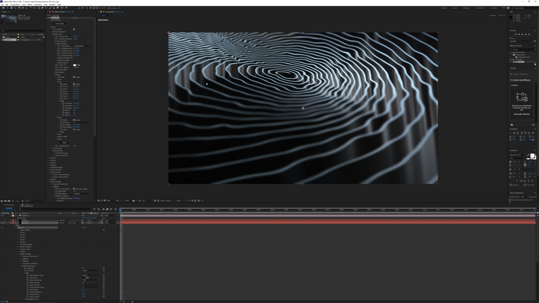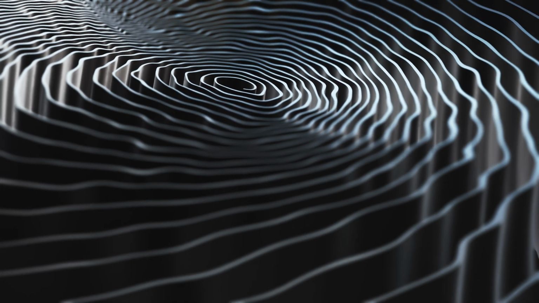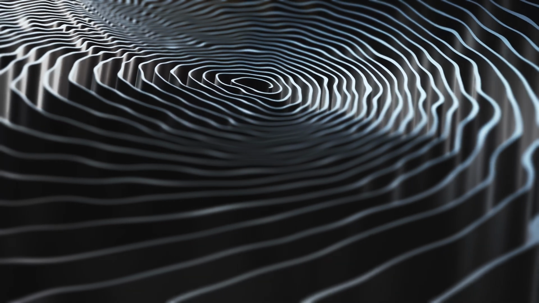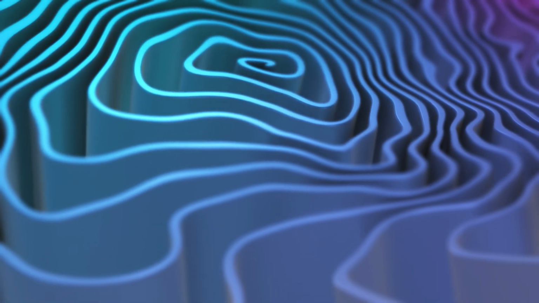And this looks quite good even just as a still too. But we can go ahead and render this out and then see what the whole thing looks like. And I have here just some other quick versions that I did just by playing around with different twists and different materials.